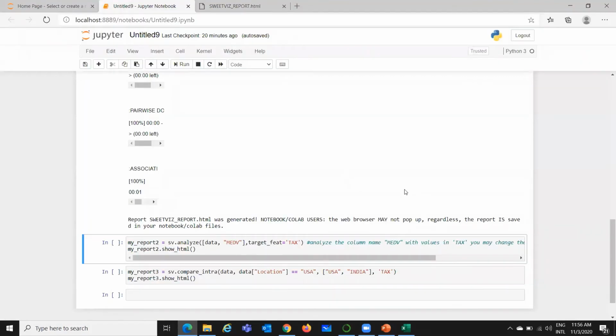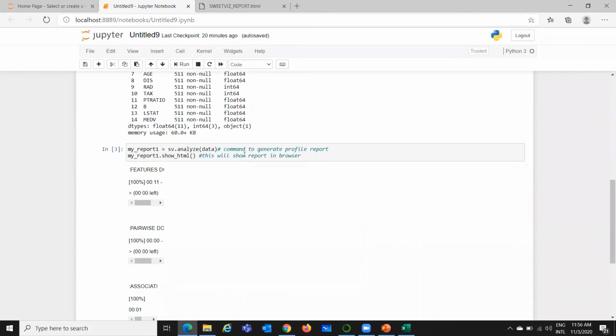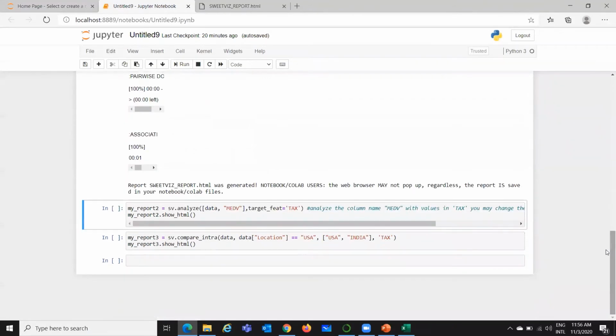So now this is analysis of data directly. Now you may have some specific requirement on your analysis. So I will show you how you can do an analysis based on different features. For example, I want to know how tax is related to my data.